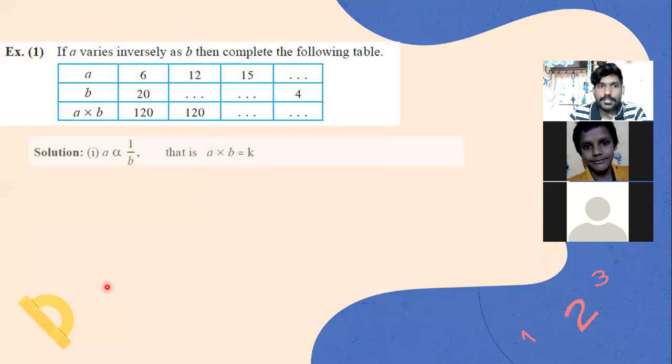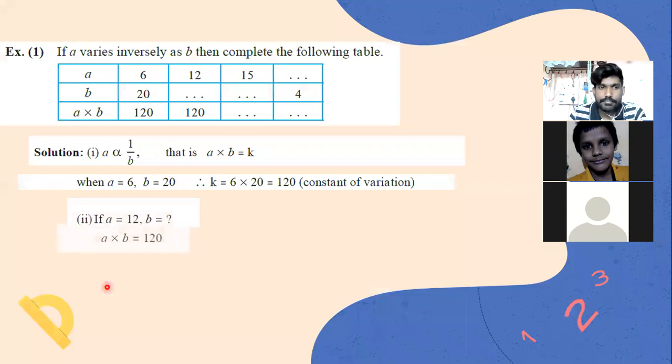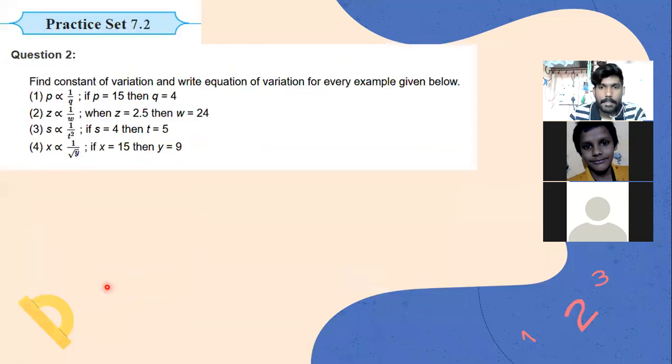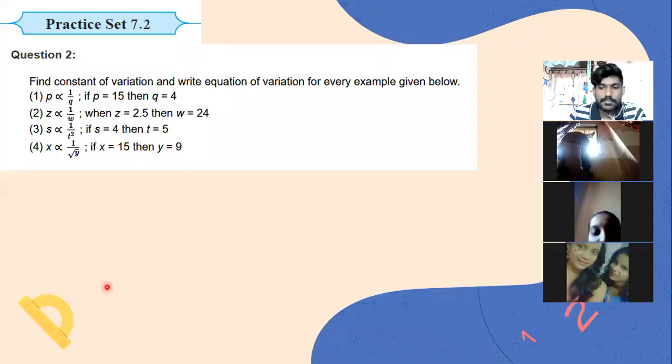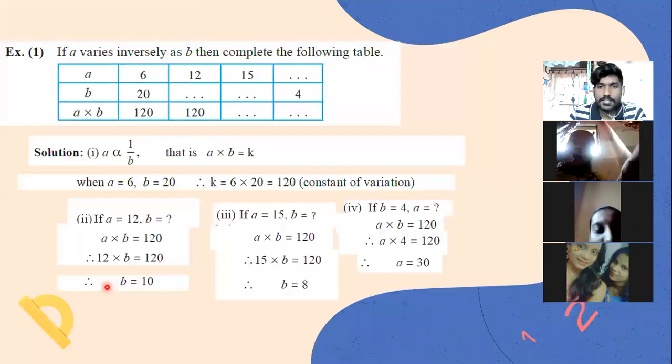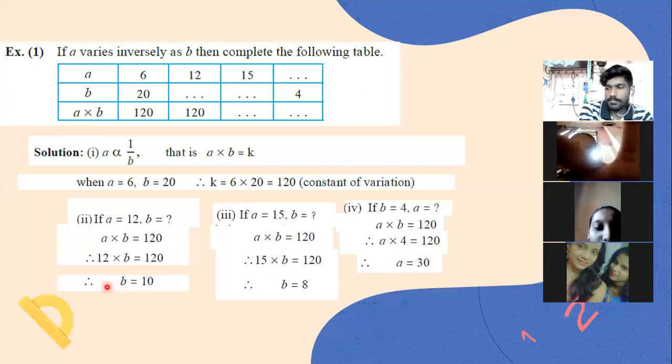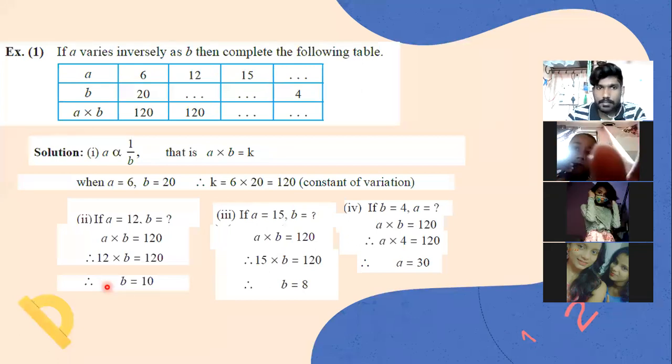We did the first sum. No, this example sum we did in the last class. And Sir, please do that. Sorry, what? We have not done that first one. What? First one? Sir, show the inverse variation. This one. This sum I did in the last class. This is an example sum.